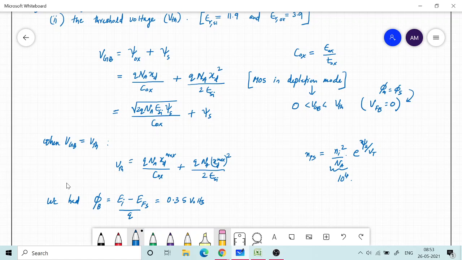We applied 100 millivolt, 200 millivolt, that is 0.2 volt maximum, and we saw that the concentration of NPS as well as PPS are both much lesser than the concentration of Na. So primarily the charge is due to the immobile impurity atoms, and therefore this equation is valid as long as NPS and PPS